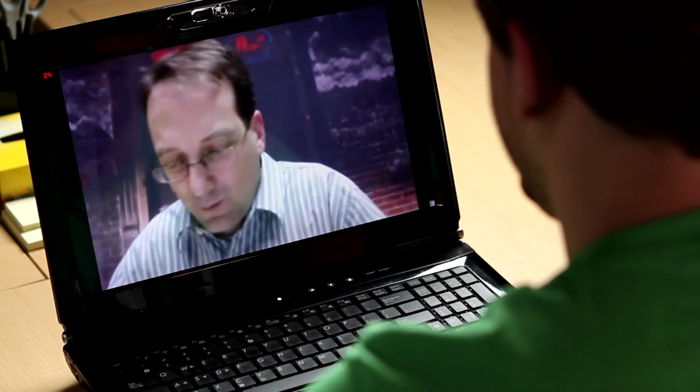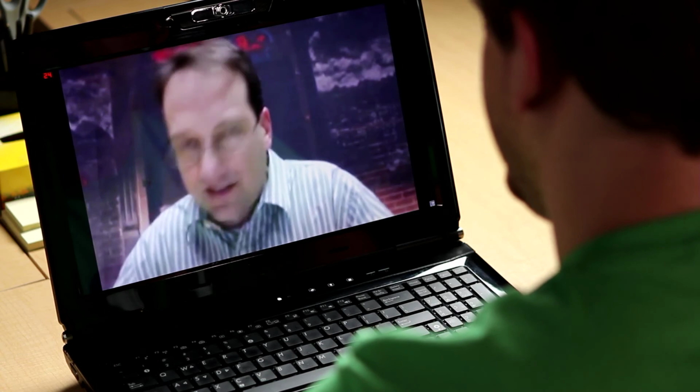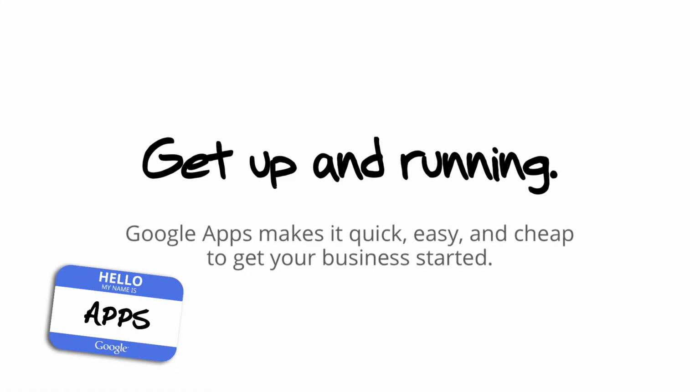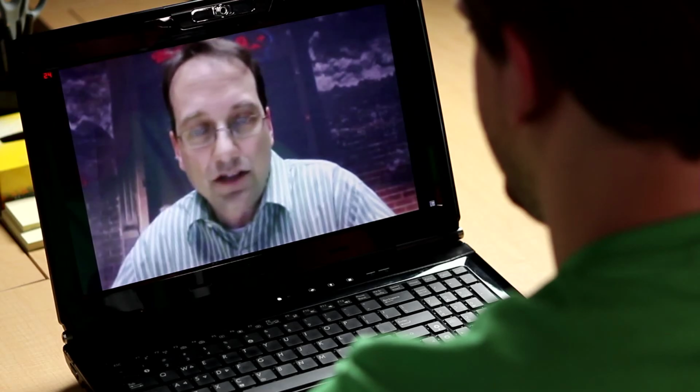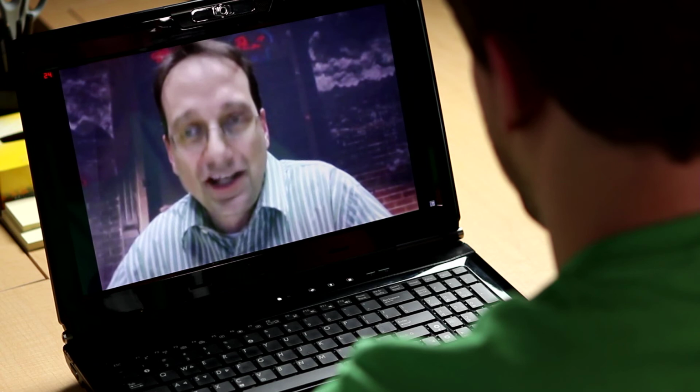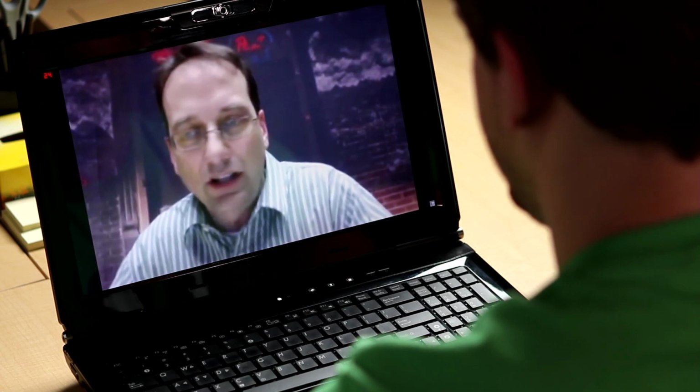Give me the number one reason why businesses of any size should use Google Docs. I think one of the most important things for small businesses is getting up and running fast and cheap. And that is something that I think the whole app suite, Google Apps in general, helps small businesses do. They can seem like a big company with hardly any